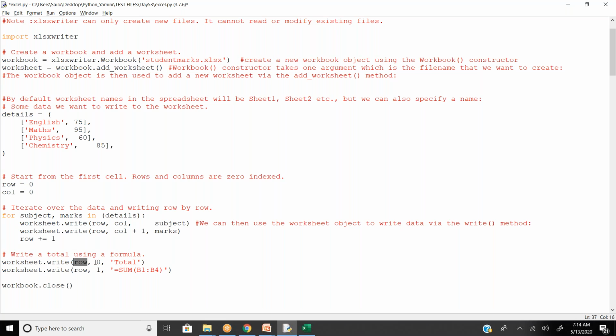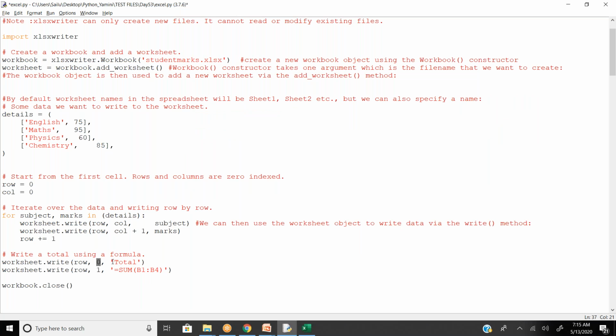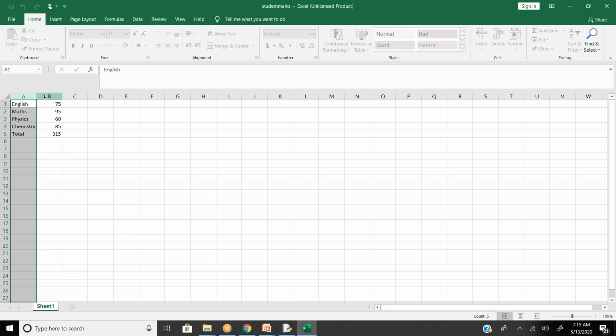So the row number, and in each column you want to update, grand total means in the same place where all your subjects are. So this is going to be your column 0, comma the heading you want to give. Similarly, worksheet dot write in brackets the row number you have after completion of your for loop, comma the first column, nothing but the B column.